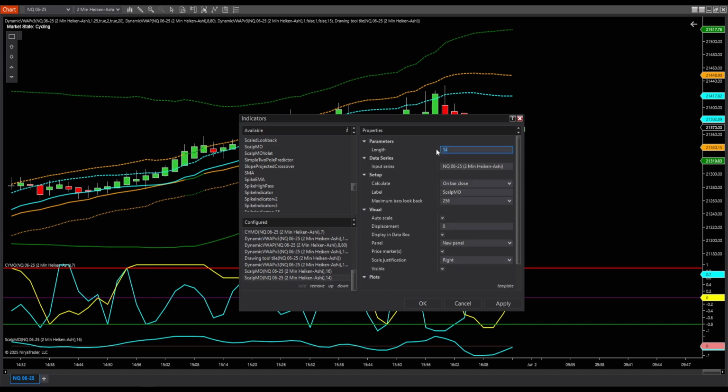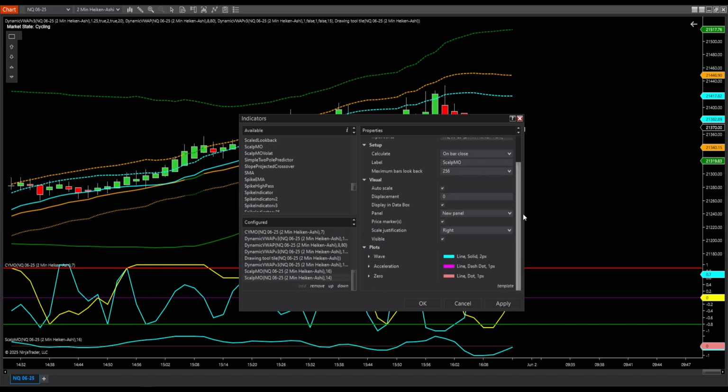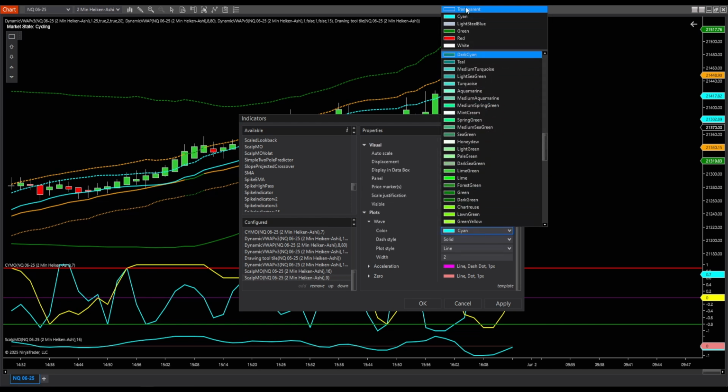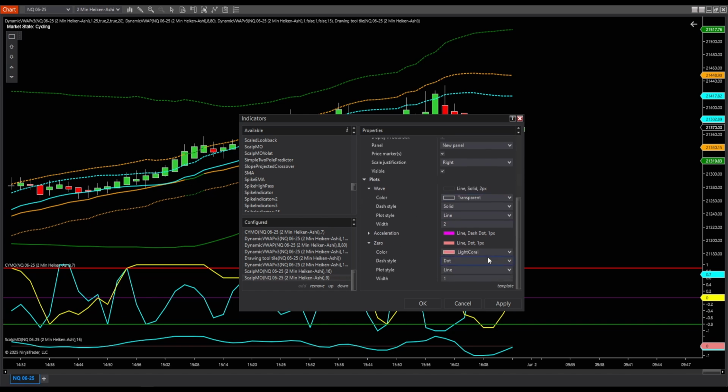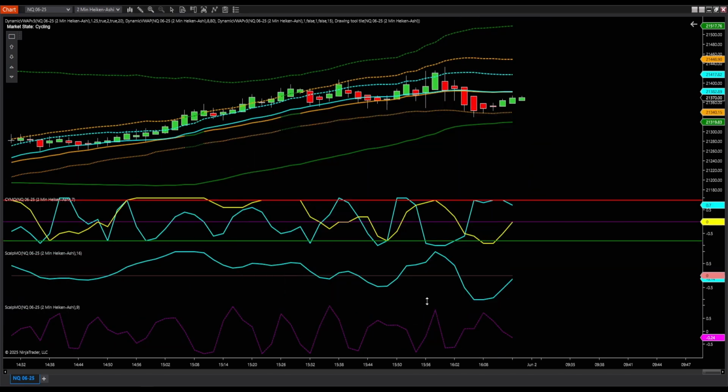Set this one to 9. Now scroll down and find the wave line and the zero line. Set them both to transparent. Click Apply and OK. Then, manually drag the purple line, which is the acceleration line, over the wave line and